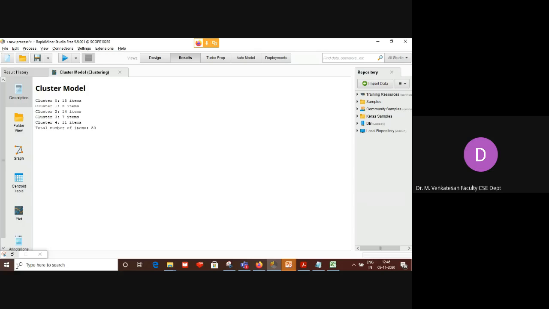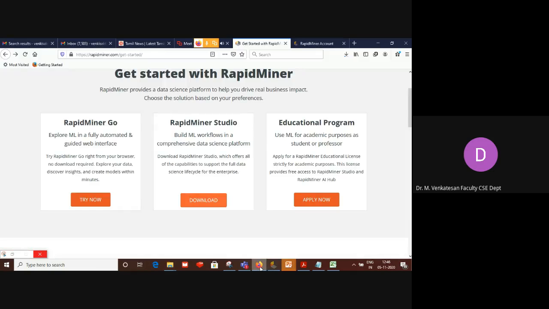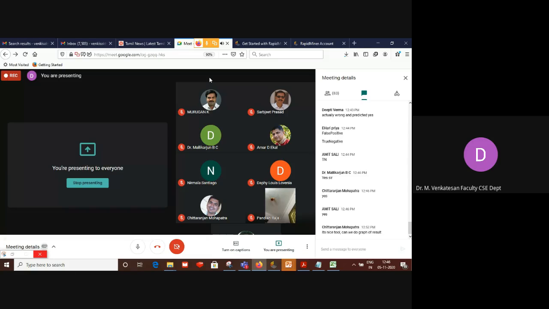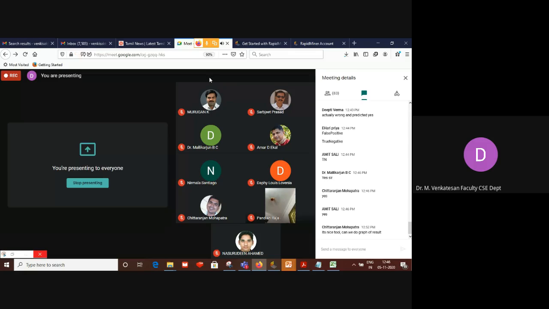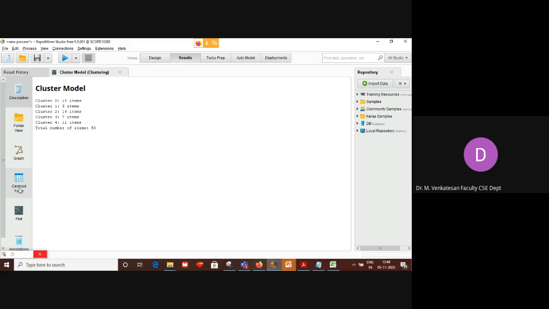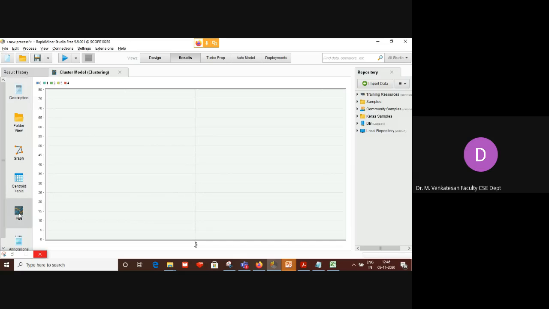Any doubts, any queries, participants? Chittaranjan says, yeah, it's a nice tool. Can you do some graph of the result? Yes, you can do that. You have to explore the graph part.